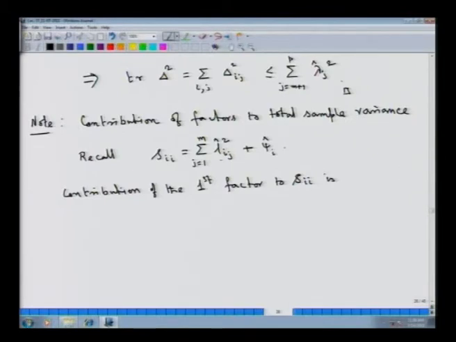So, the contribution of the first factor is related to the term for which j is equal to 1 in this expression. So, what we are going to have is L_i1 hat